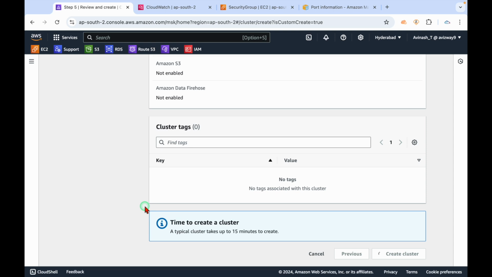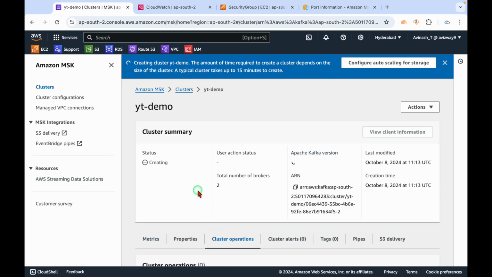So basically this MSK cluster creation takes up to 15 minutes. A typical cluster takes up to 15 minutes to create. So meanwhile, I will launch an EC2 instance. I will install Java. Basically that's a prerequisite. I'm going to install Java within that instance, and also as we are going to use IAM authentication,